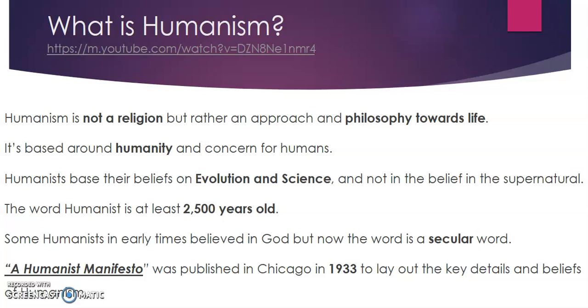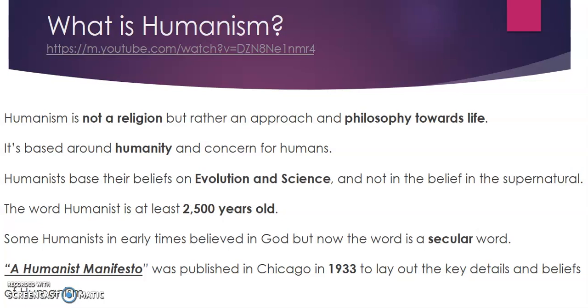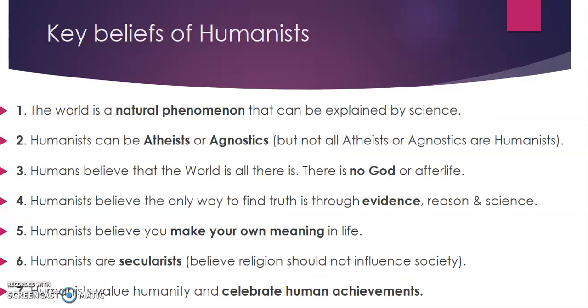Now, another link that we can make is the Humanist Manifesto. When we say a word like manifesto, we're thinking automatically of a business or political document. So again, there's nothing religious, there are no sacred connotations. There's your contrast to things like the Bible and the Quran. It was written in Chicago in 1933, and they laid out the key details, beliefs and fundamentals of humanism, which can be summed up in these seven points here.